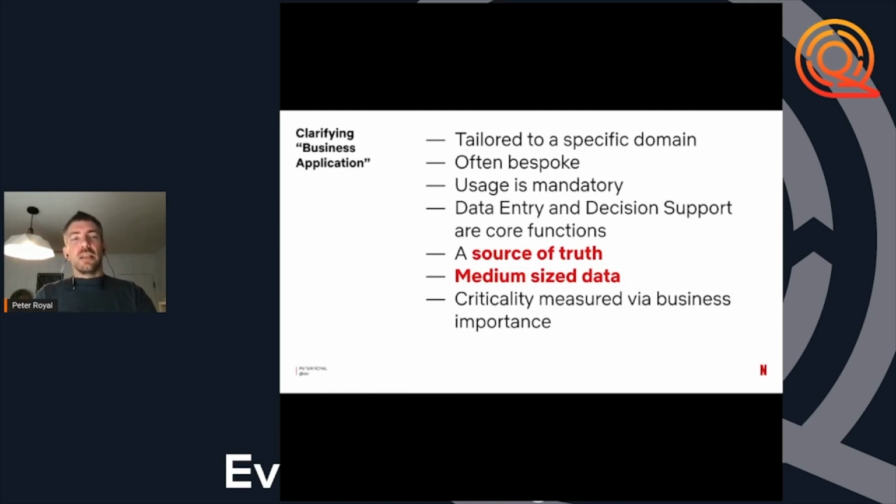And the criticality is much more the business importance rather than the raw request per second the service might be seeing. The data that's therein, if this is financial data, it's going to be very important that it is available and correct. And if people are doing end of the month book closing, that everything is there at the time that the business needs it, rather than necessarily some sort of continuous availability. It's the type of system that, yeah, if you took it down over the weekend, maybe that's okay because the business doesn't actually need it then.